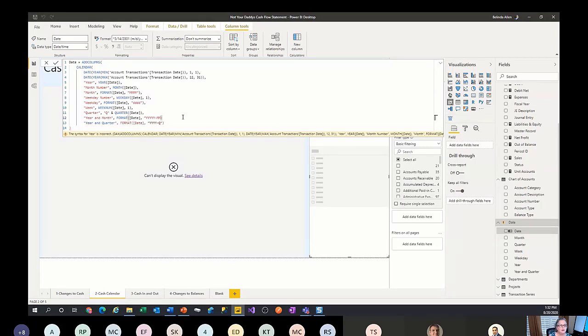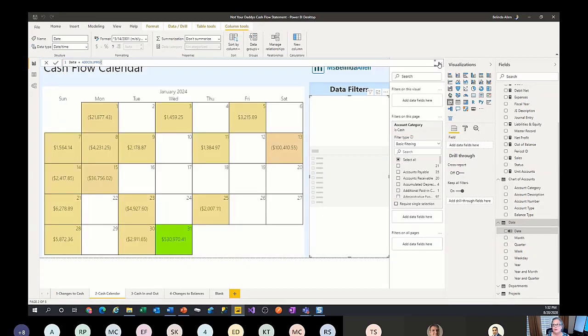Format date. Oh, ending. All right. And let's see, that looks good. Let's save that. I now have that new column. So I'm going to go and grab year and month and drag it into my